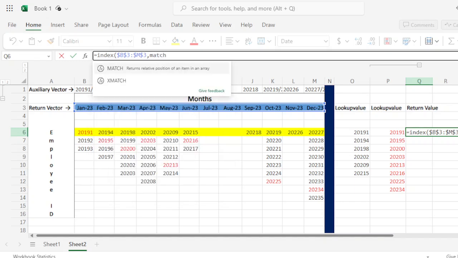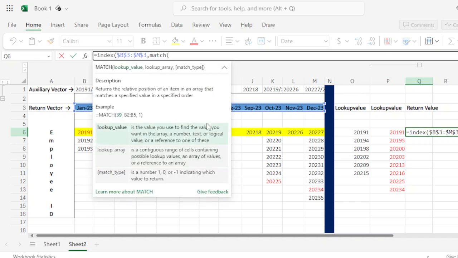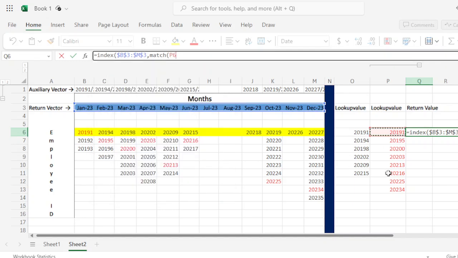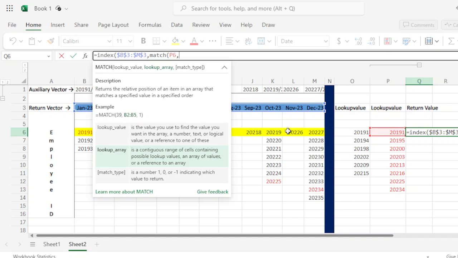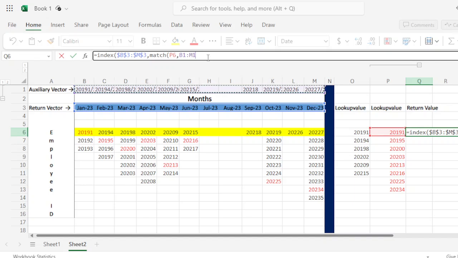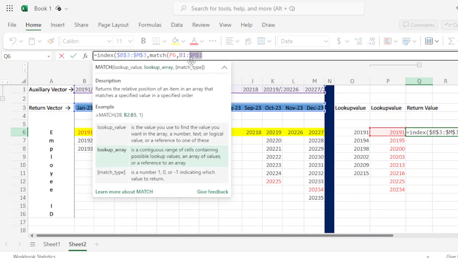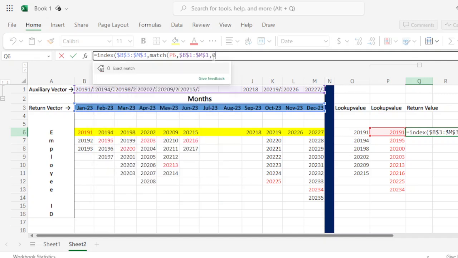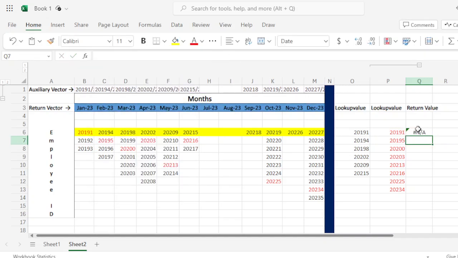I use as a second argument the MATCH function, where the lookup value is here. The lookup array is the auxiliary vector, and I press F4 to lock it. And the third argument is 0. And as you can see, it doesn't work